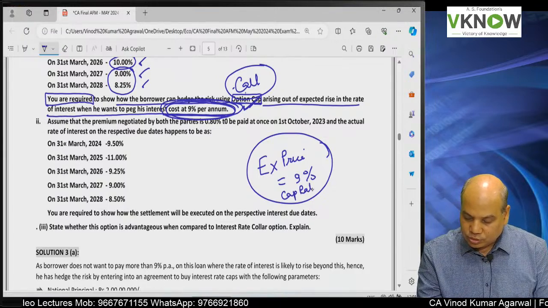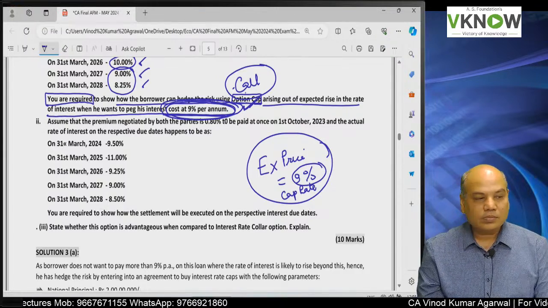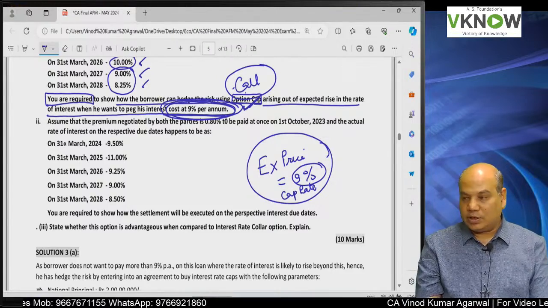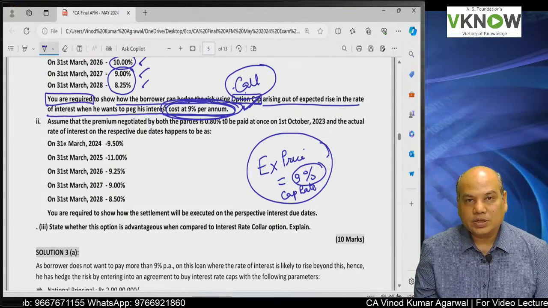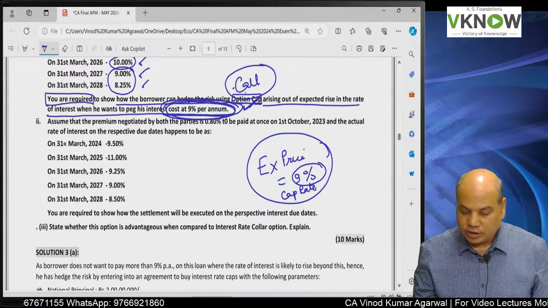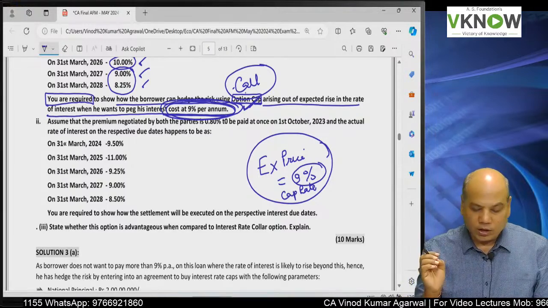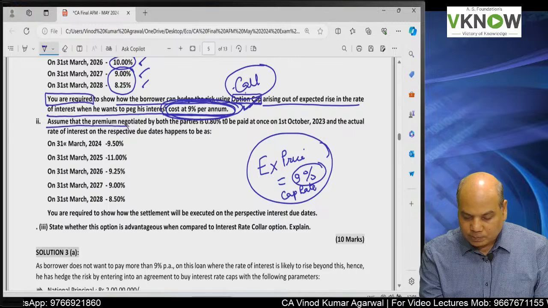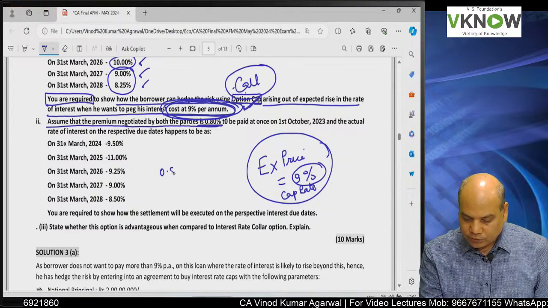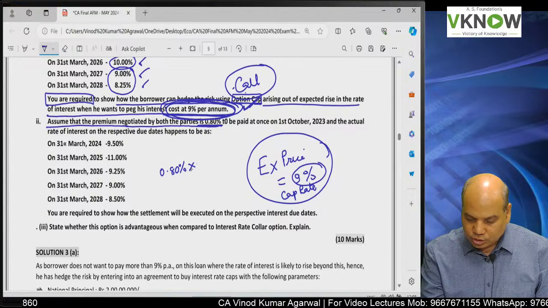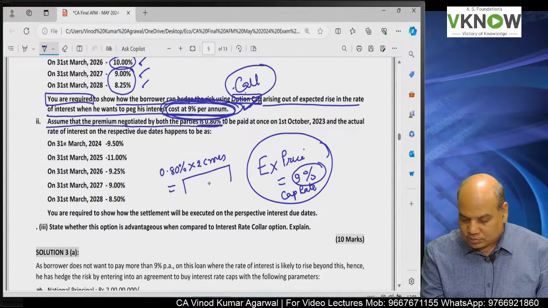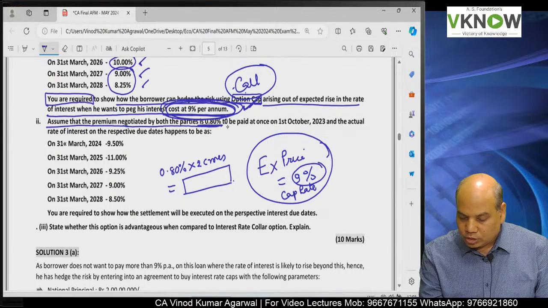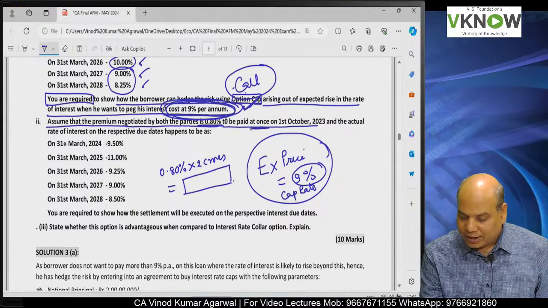If the interest rate goes above 9%, he will pay 9%. But if the interest rate goes below 9%, he will pay the lower rate of interest. To get this benefit, he will have to pay the premium. And they have written also, assuming that the premium negotiated by both parties is 0.8%. So you will have to pay 0.80% of 2 crore rupees as one time premium to be paid at once,